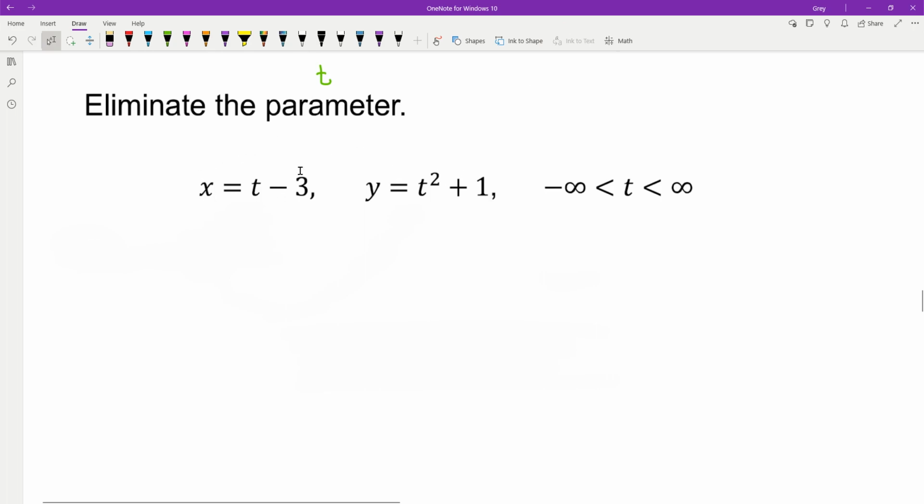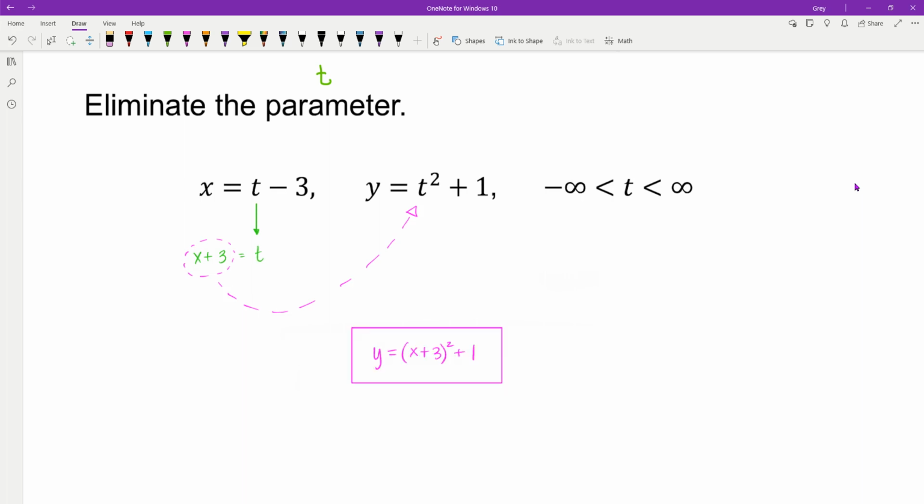Well, I hope you realize this is the easier one to solve for t, because all I have to do is add 3 to both sides of the equation. And after I get t equal to x plus 3, then I'm going to plug it into the other equation. And that's all you have to do. Don't make it any harder than that. So y equals (x plus 3) quantity squared